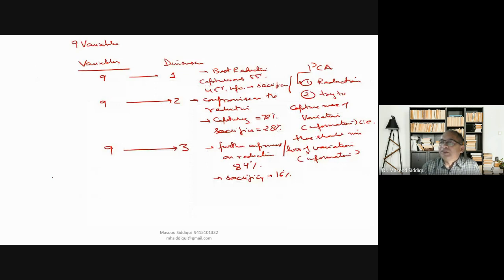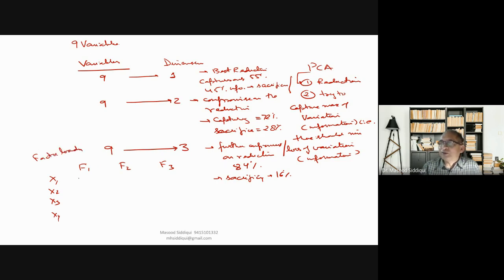Now suppose we have 3 principal components. Suppose this is F1, this is F2, this is F3. And here we have variables like X1, X2, X3, X4, and so on. Right? So these factor loadings